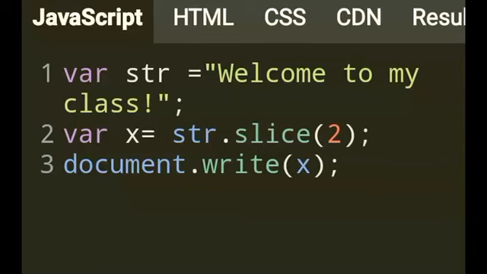So in this way you can extract from the beginning, from the end, and from in between. Like you can say 2, 7. So starting from 2, which is 0, 1, 2, starting from L until 7. 0, 1, 2, 3, 4, 5, 6, 7. 7 is the space after that. So until 6, which is welcome.